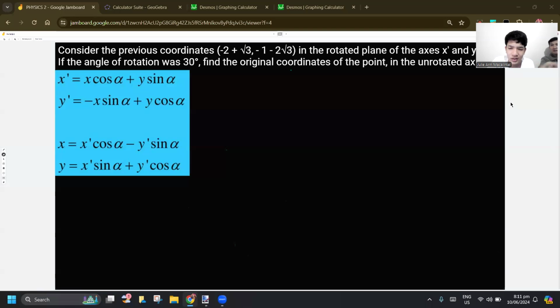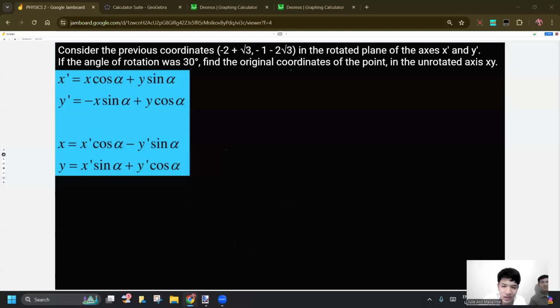So now let's consider the coordinates we found earlier of that point, and let's say we want to unrotate it 30 degrees. So how can you find the original coordinates of the point? We should find the original xy coordinates, which were 2 and -4. We should reach that, so we will use the other formula.